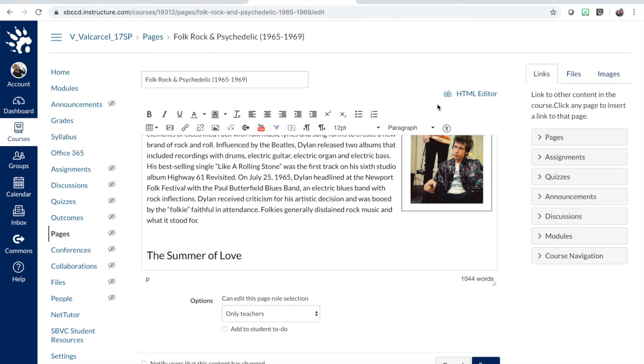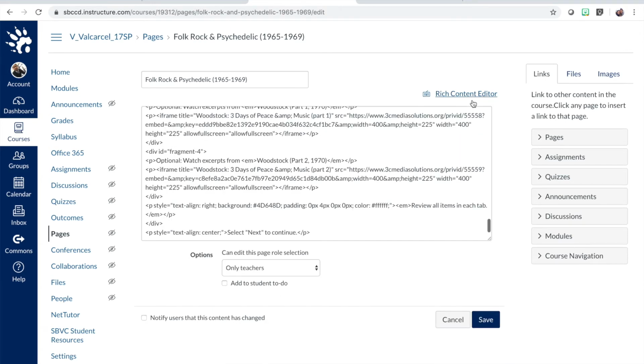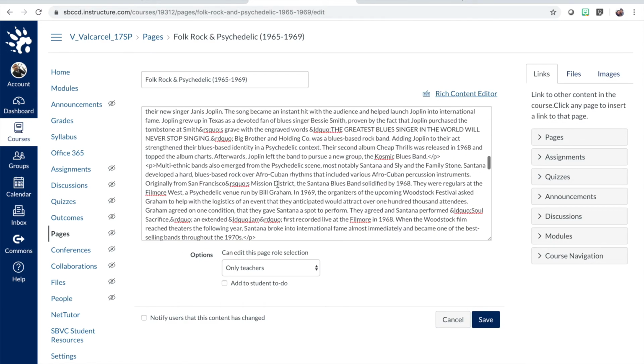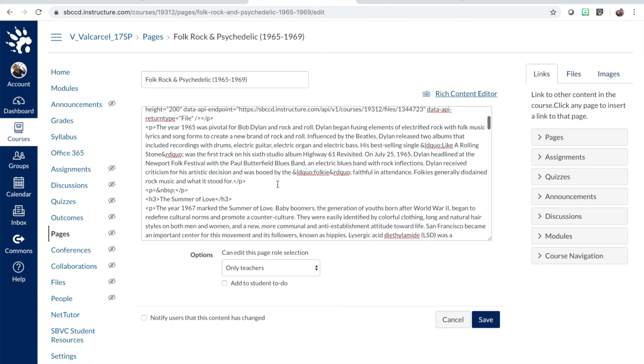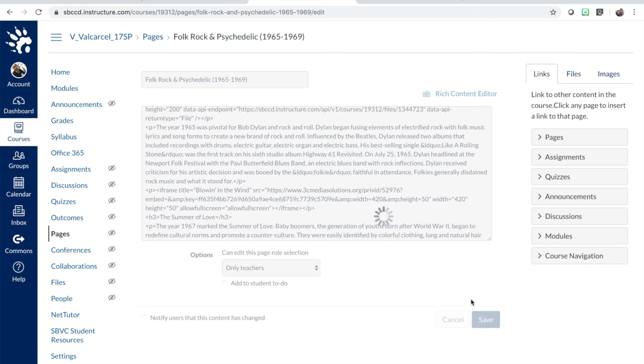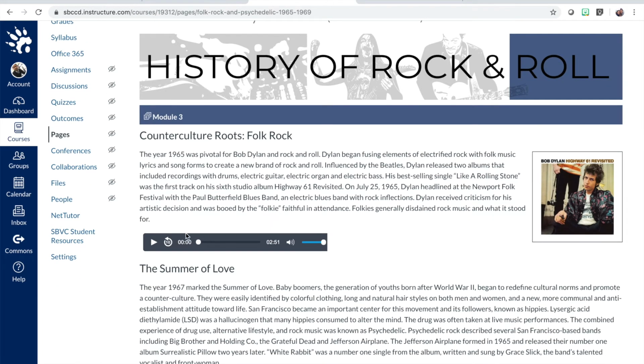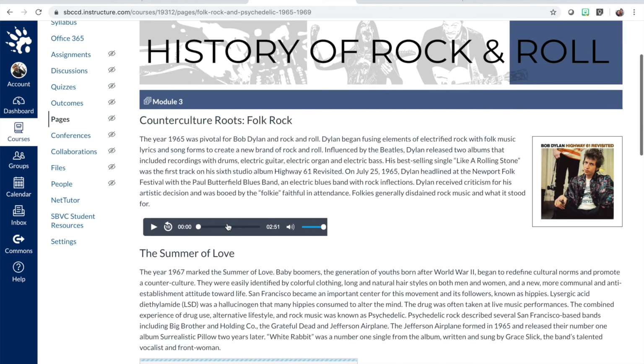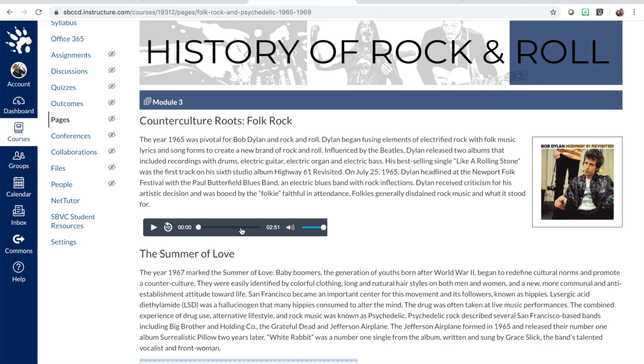And now, because it is 3C Media and I do not want the scroll bars to appear, I'll go into the HTML editor and I will find the non-breaking space that I added, and I'll go ahead and paste, and I will save the page without switching back to the rich content editor to preserve the audio player that is clean. It shows the minutes and seconds, the volume adjustment, the play button, and